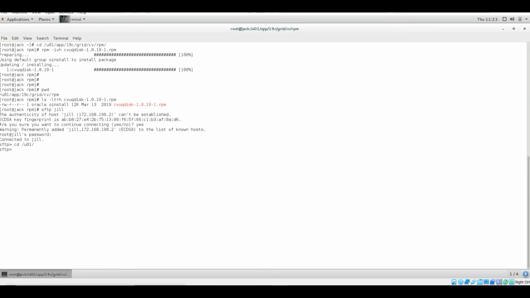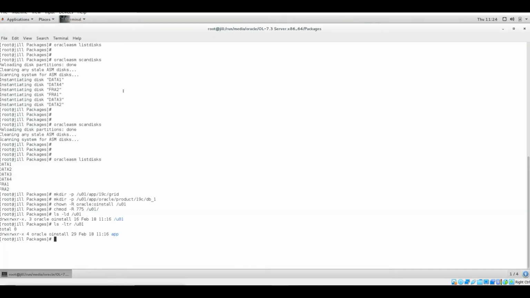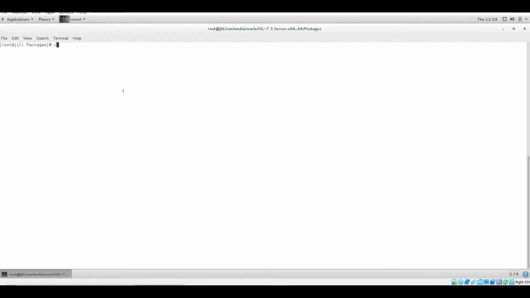Let me go in here and put this file. So let me create this in here also. Let me install this in here also. Okay, I'm in the root user itself.